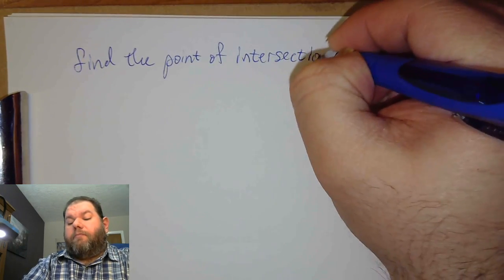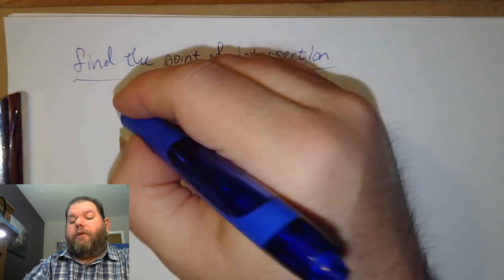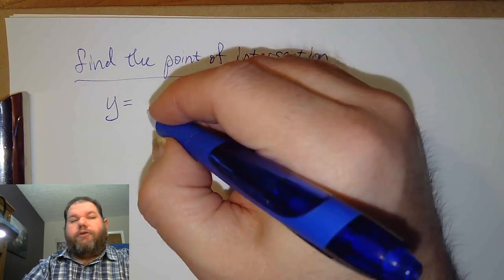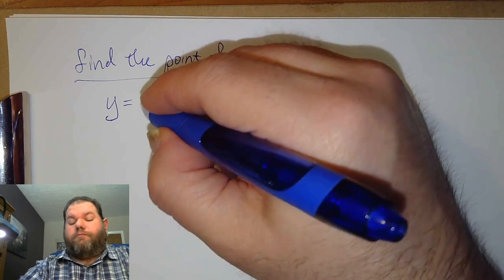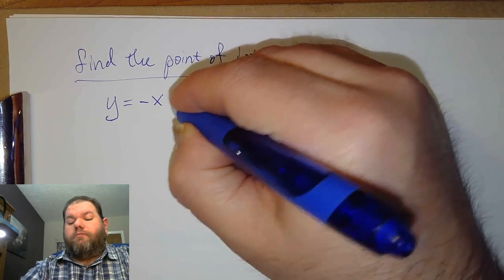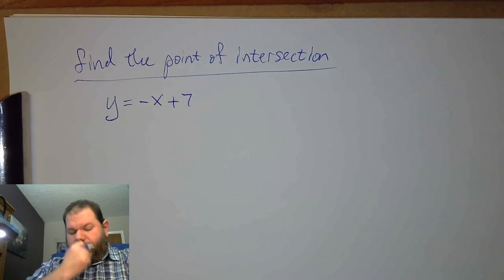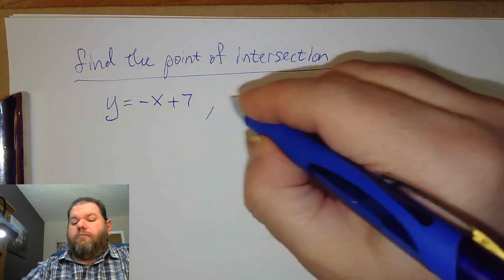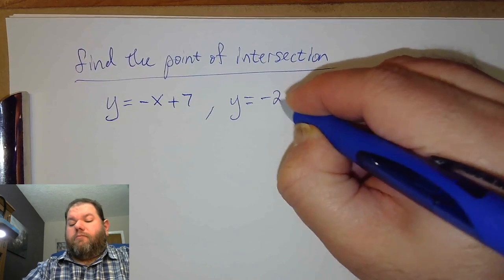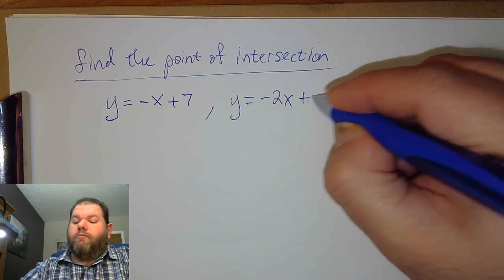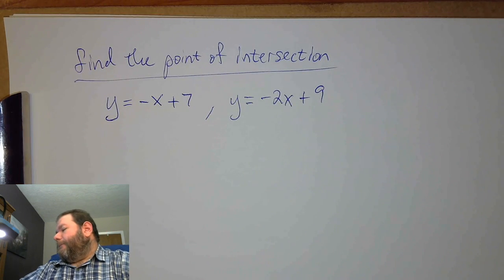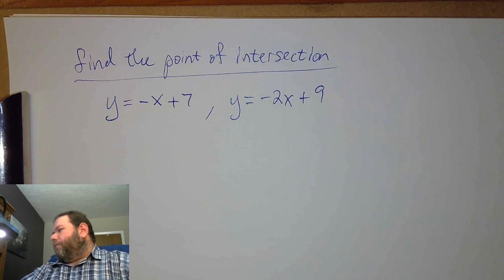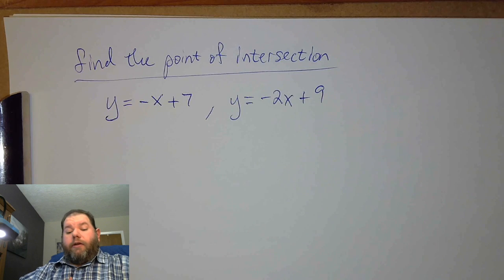Same problem, with two equations. So we want to find the point of intersection, y equals negative x plus 7 and y equals negative 2x